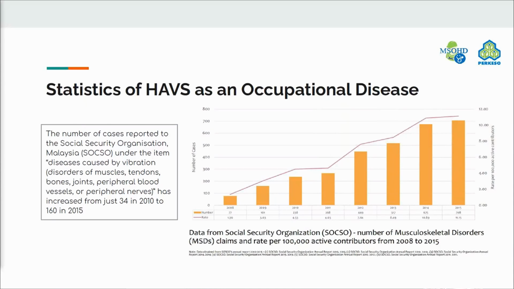Okay, but basically there's not so much vibration illness, huh? Yes, yes. 34 and 160. Correct. I don't think there are so many. All right. So